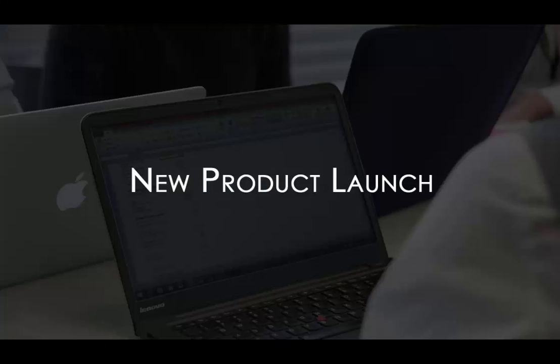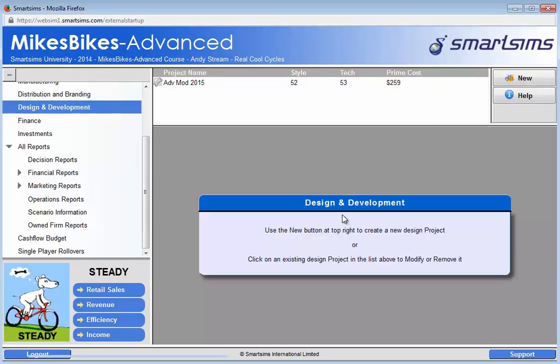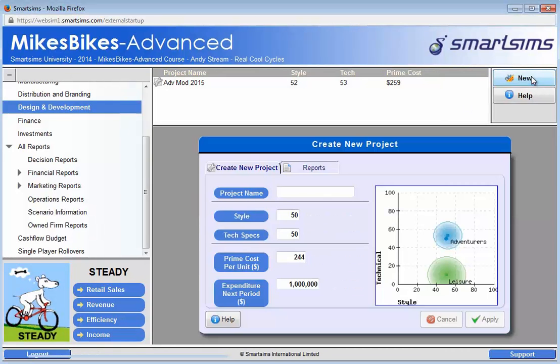We know that we have a single adventurer product at present, and the new leisure segment has no products. As such, we believe there is a good opportunity to enter into the leisure segment. To do this, we must develop another design project. We will name our leisure project to identify the segment and year it was produced to help us differentiate it